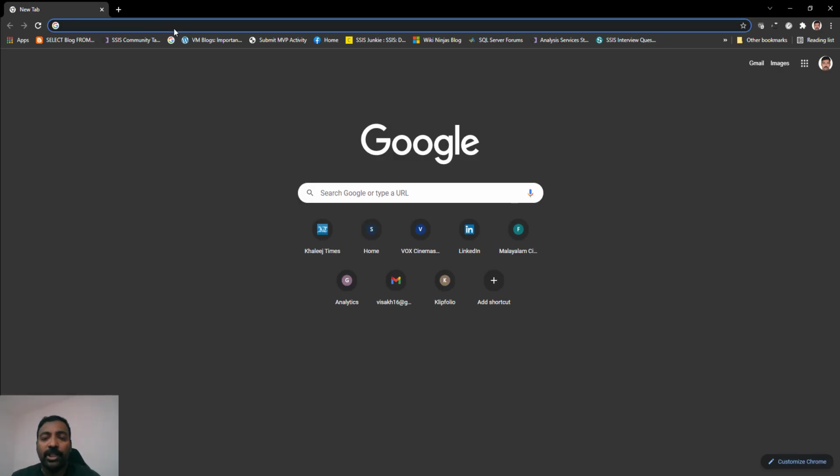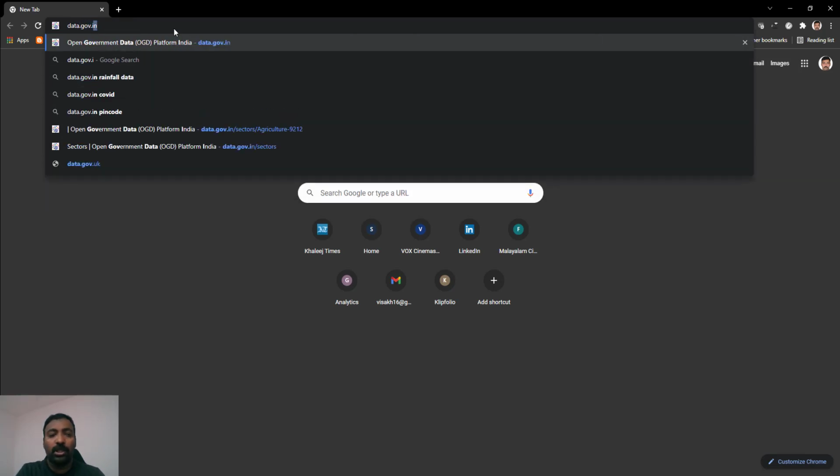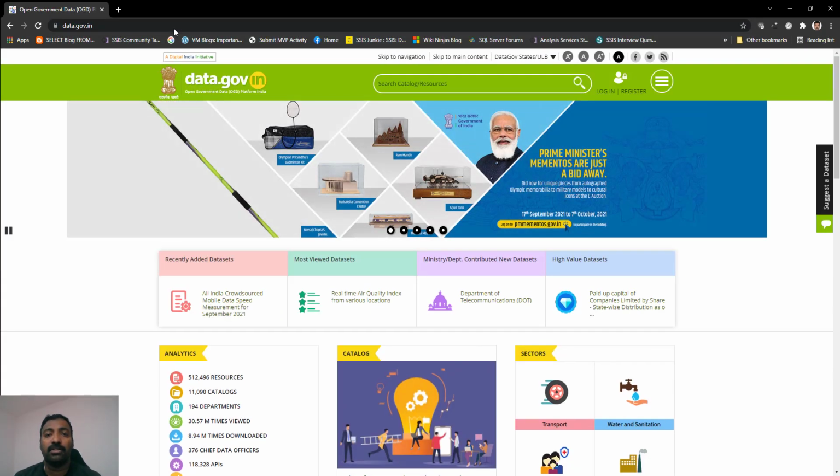To start off the demonstration, let us first look at the task that we will be performing on a daily basis. Manually, what we will be doing from desktop. This will be the set of activities which will be automated by using the desktop flow that we are creating inside Power Automate. So for this demonstration, we are going to go to a publicly available site from which we can download some public data. So the site is called data.gov.in. That is the official site of public data which is supported by the Indian government.